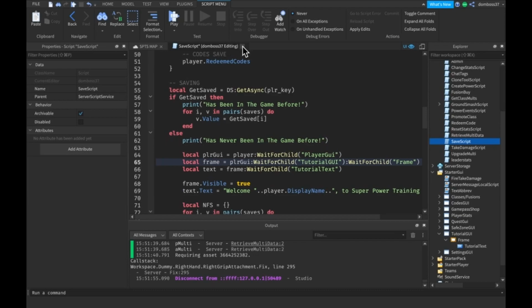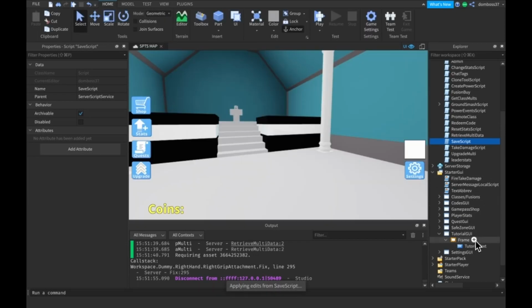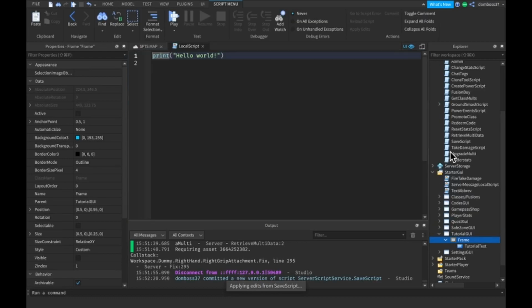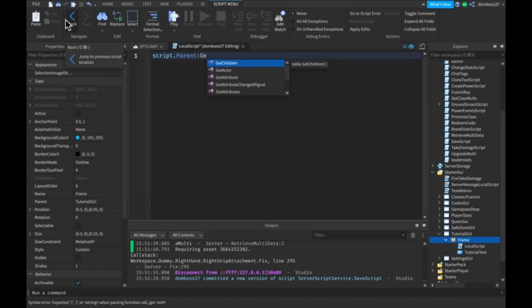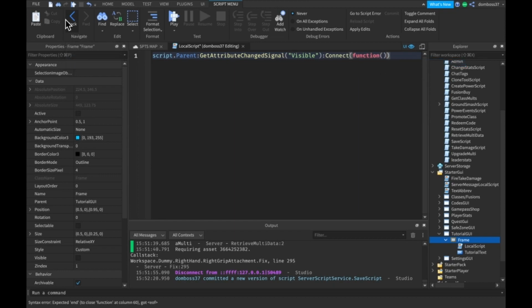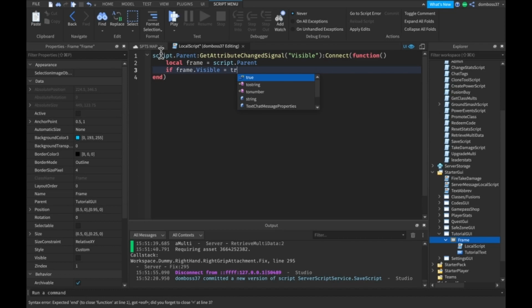Okay, so now we can continue, and since we know that it is going to be visible if we use the tutorial, then what we can do is inside this local script, or inside of the frame, we can set up a local script that says script.parent:GetPropertyChangedSignal, and we will do visible:Connect function, and we'll do local frame is equal to script.parent, and then we'll say if frame.visible is equal to true,